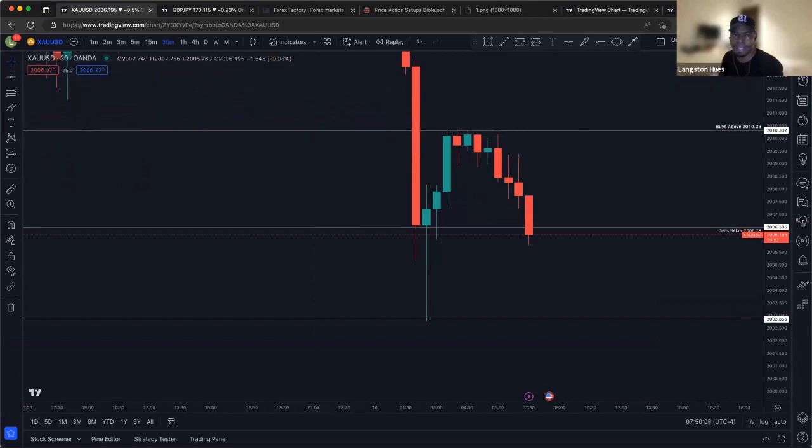We have a support formed right here, right? A key level. In this case, price is above it, so it's a support. If price was below it, it would be a resistance. But in this case, we have this key level. This candle couldn't close below it. This candle couldn't close below it. If this candle can close below it, then we have high probability of chances that price will continue to drive